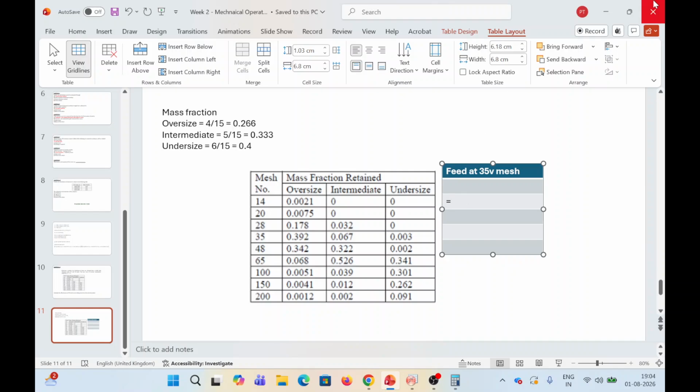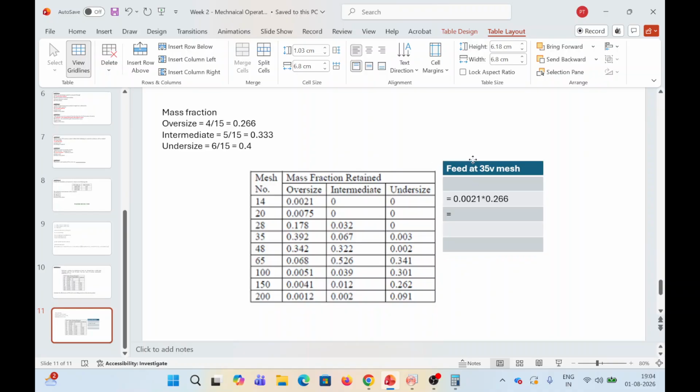So this would be 0.0021 times 0.266, and similarly the next one will be, what would be the next one? 0.075 times 0.266,